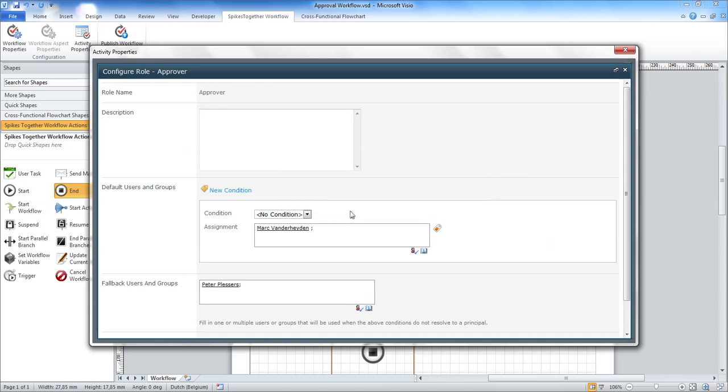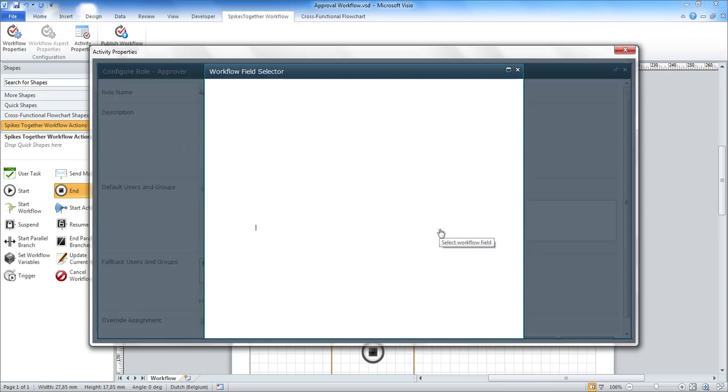Assume that in a previous workflow step, a user already specified who needs to take the role of approver. In that particular case, we do not want to link the role of approver to a specific user over here in this form, but we would rather use the one specified in the previous step. We can do this by making use of bindings. If you click on this button over here,